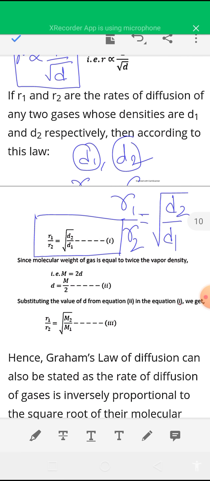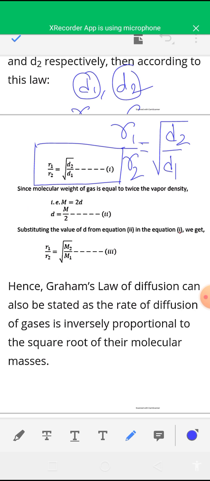Okay, so if r1 and r2 are the rates of diffusion of any two gases whose densities are d1 and d2 respectively, then according to Graham's law of diffusion, for two gases you can write r1 by r2 is equal to root over d2 by d1. Okay, and you know